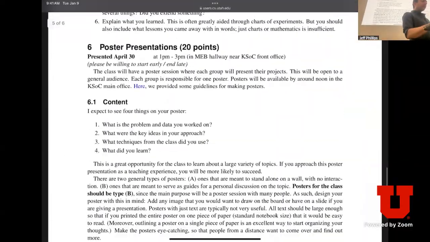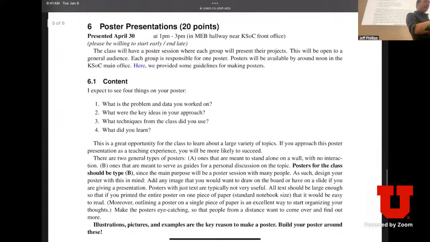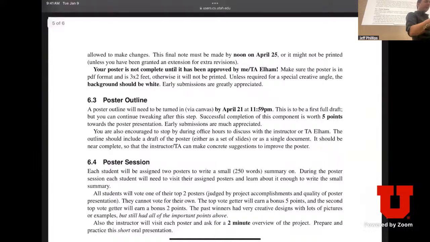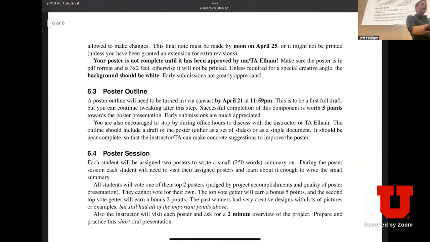Okay, so you will present the poster on April 30th. This is the day of your final. So the poster presentation is your final in the course. But you need to turn in an outline of the poster on April 21st. So you need to send in a draft, and then